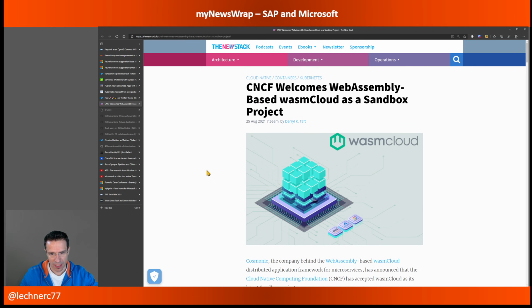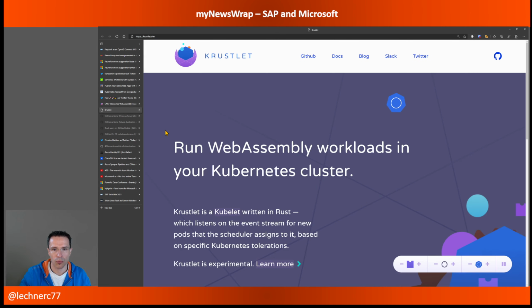Now, having said that, if you want to use WebAssembly and want to make use of Kubernetes as the cluster manager, you can already do that today with Krustlet. In the show notes, I have also referenced the landing page to Krustlet, which allows you to run those WebAssembly workloads within your Kubernetes cluster. So if you want to dig into that space, this might be a second reference that's worth reading.